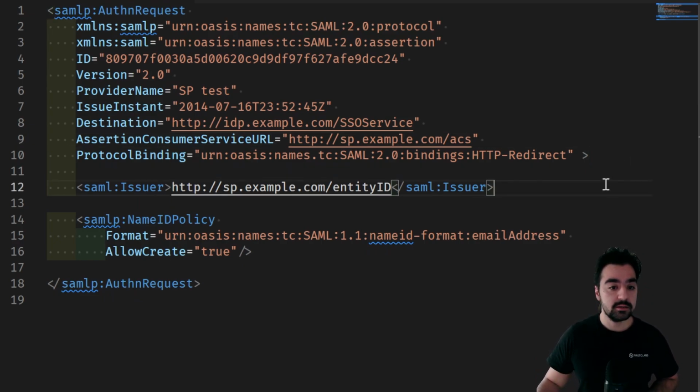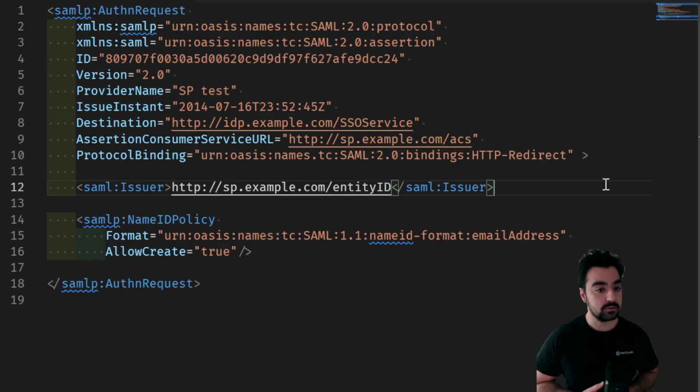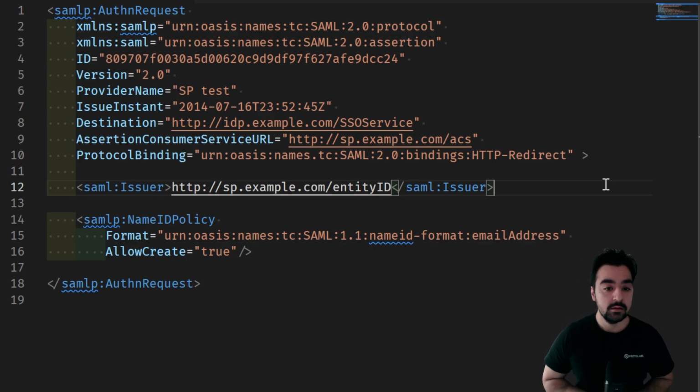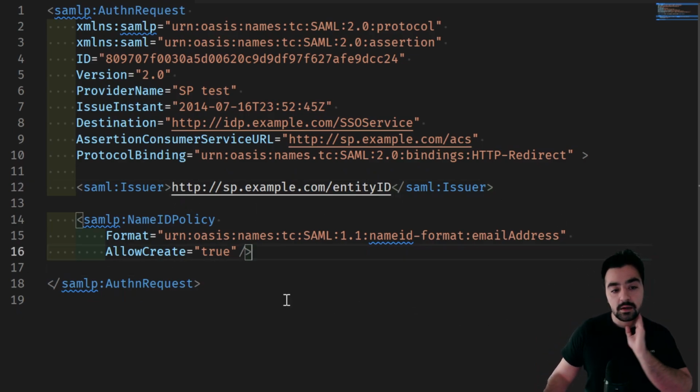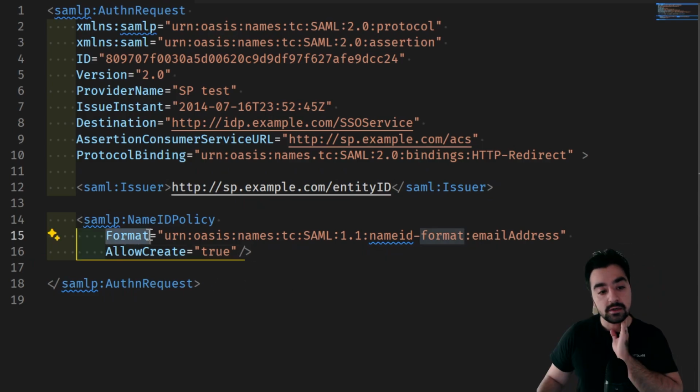The issuer is basically referred to as the entity ID of the issuer. Like I said, the service provider needs to first be registered with the identity provider, and this is basically the ID to identify that this is the service provider that was registered before, and it is included inside the request. And the name ID policy, this first property